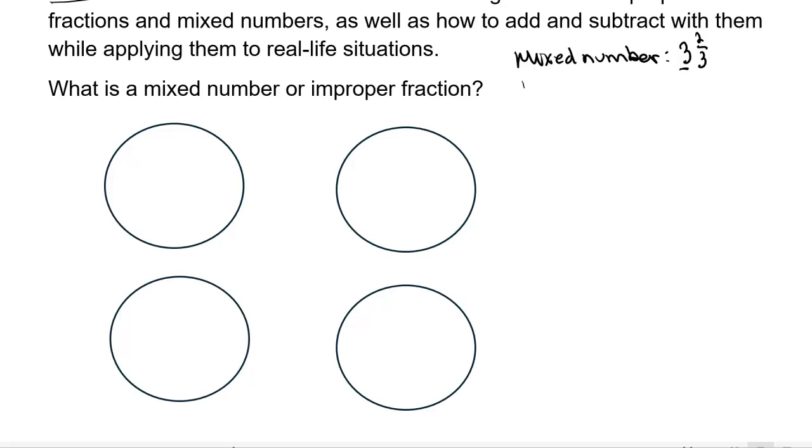An improper fraction is one where the numerator is bigger than the denominator. So looking at the one above, the improper fraction would be 11/3. This means that I have pies cut into 3 pieces and I have 11 pieces. So again, a mixed number has a whole number and a fraction, and an improper fraction has a numerator